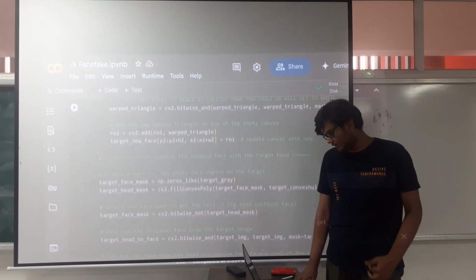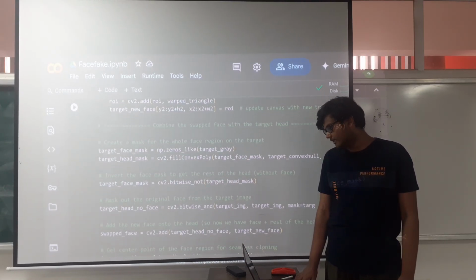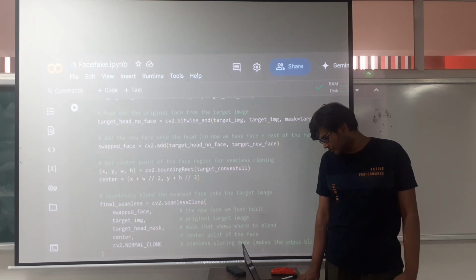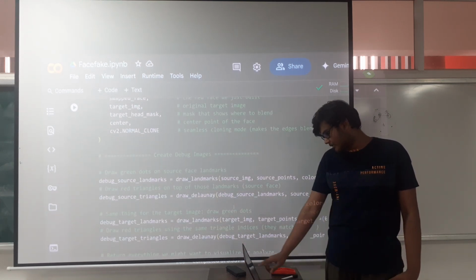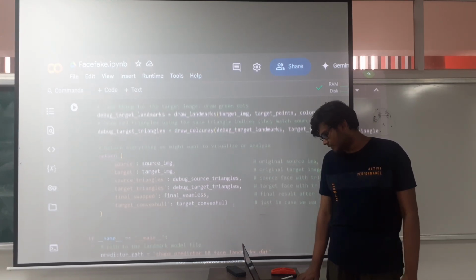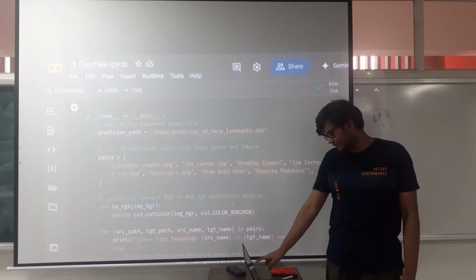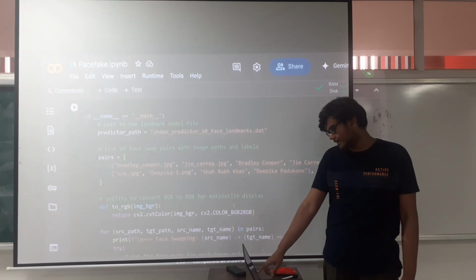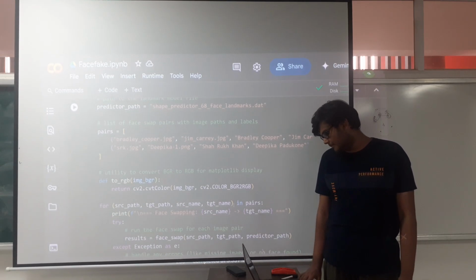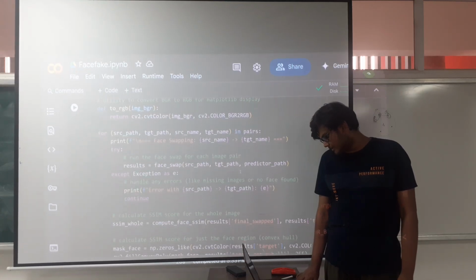So after this, we need to combine the 2 swapped faces into a target head, and then this is to create a debug image, basically to show the procedure of how it's working. This is the main function. So here we have imported a list of images which we have uploaded to Colab, and